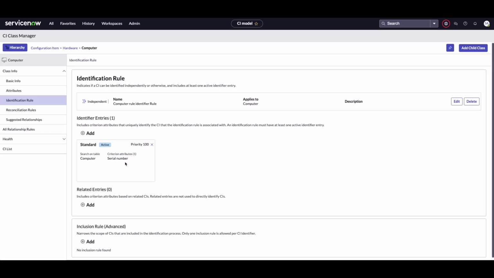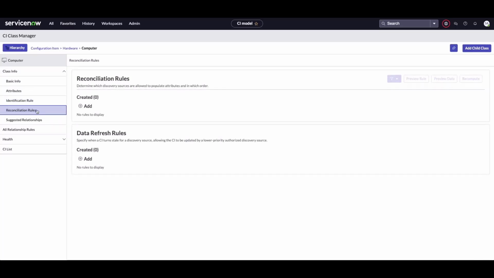So that's the benefit of using IRE. Now let's take a look at how we can create a reconciliation task to reconcile asset data from Flexera One. Reconciliation ensures that Flexera One data is properly matched and merged with existing asset records in ServiceNow. This process helps clean up data discrepancies and keeps your CMDB in sync with the actual state of your IT assets. I'll open the reconciliation module and show you how to create a new task using Flexera One as a